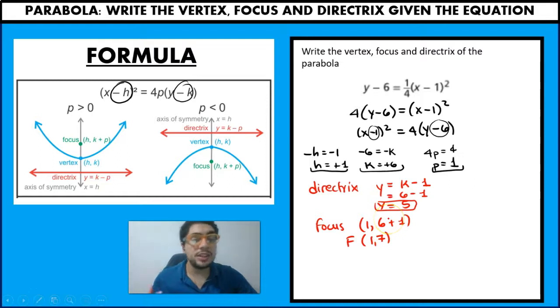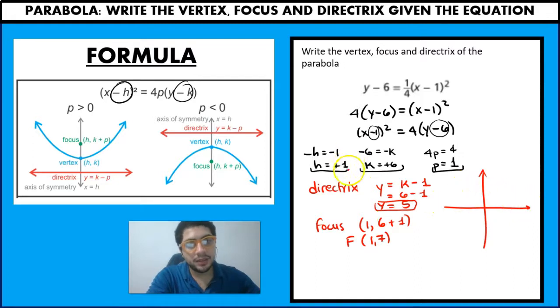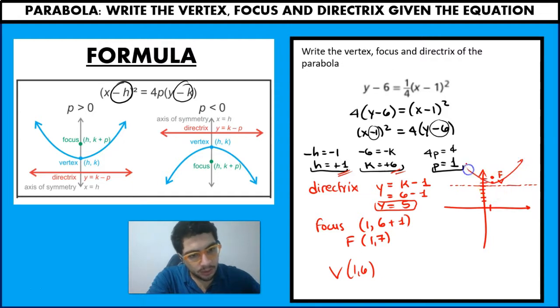Okay? Now that is crucial information because now we know the following, right? We know that our value of the vertex is going to be on 1, 6. So 1, 2, 3, 4, 5, 6. We know that our focus is going to be on 1, 7. And we know that our directrix is going to be on y equals 5. So it's going to be around here. Okay? Which means that our parabola is going